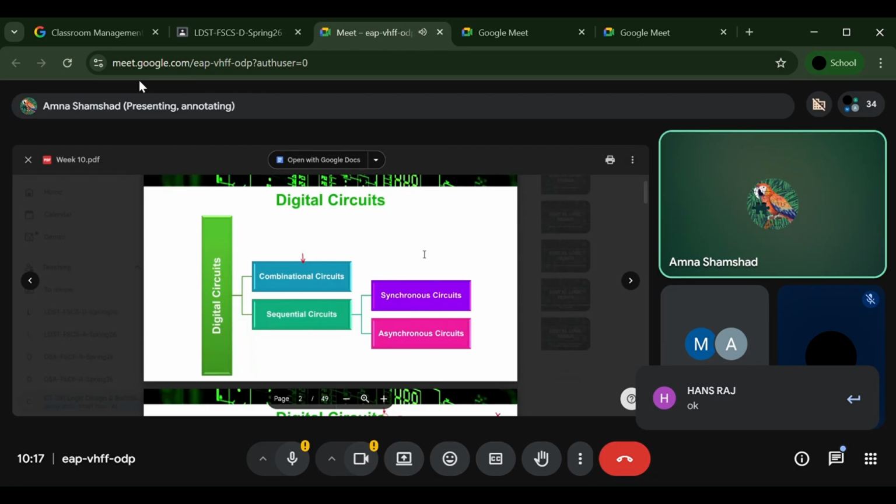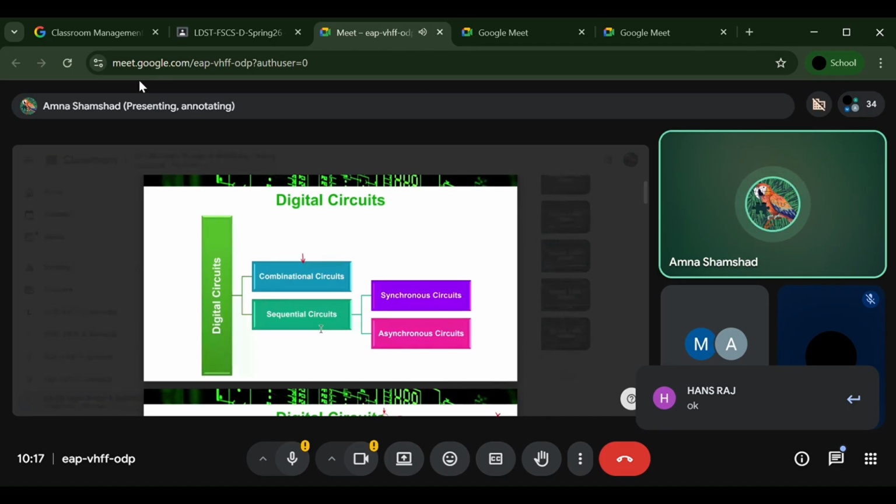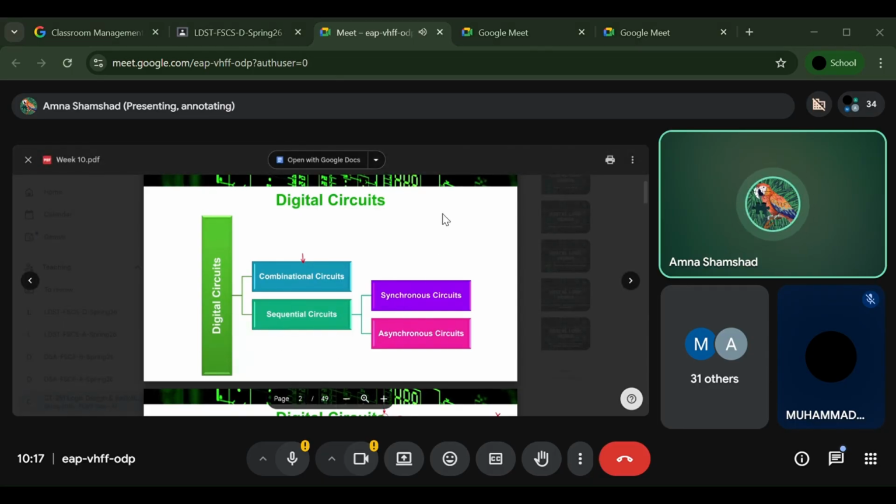So the basic thing is the two types of digital circuits. Number one is combinational and the second is sequential. Combinational we have already done, all the combinational circuits and their types. Now it's the turn of sequential. In class we haven't discussed the types of sequential. We have two more types of sequential circuits. The sequential circuit is dependent on the current input plus the memory element. This is the main theme of sequential.